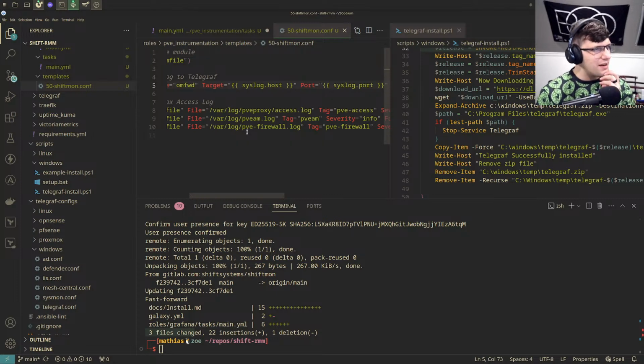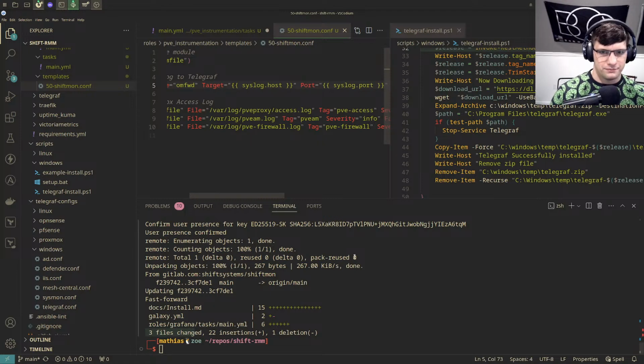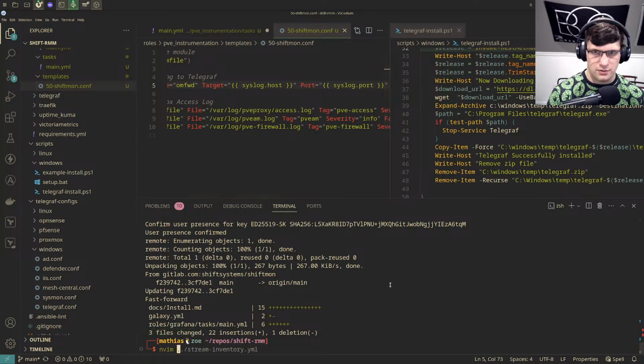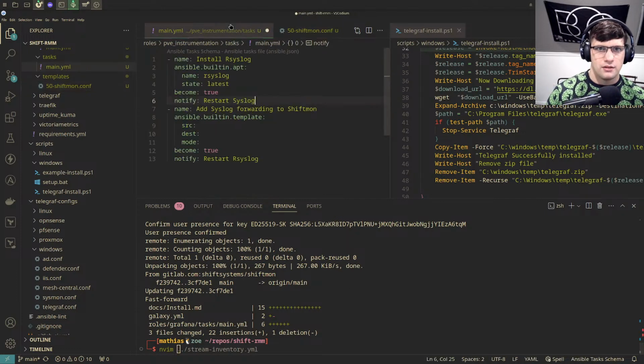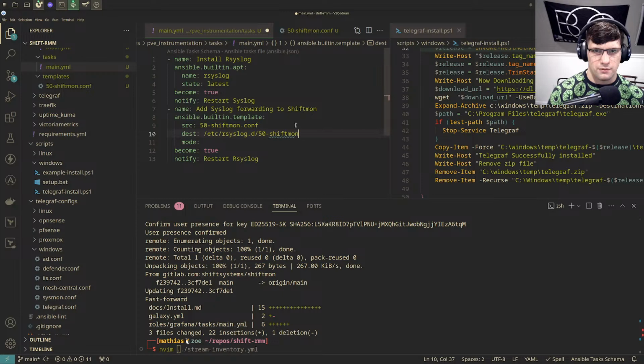I think you don't have to do, we'll see how this renders in Jinja. It'll be fun. And then, I think these tasks should be fine. If I do 50 shiftmon.conf, dest /etc/rsyslog.d/50-shiftmon.conf,